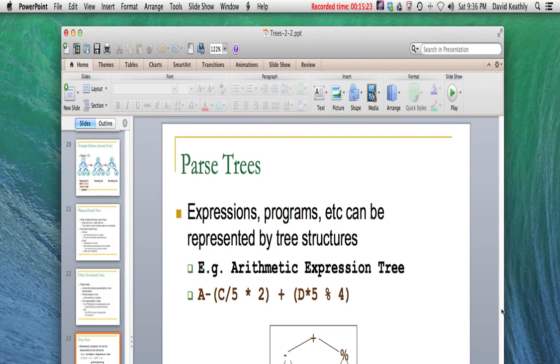It has a divide and then a c and a 5. So you can see how that bigs up that side. The other side, the percent, we have a 4, so that's a leaf. But then on the other side, we have another operation, a multiply, so we have to go one more level, and that's a d and a 5. So now we can evaluate this expression sort of bottom up, do the work, and get the correct answer, preserving